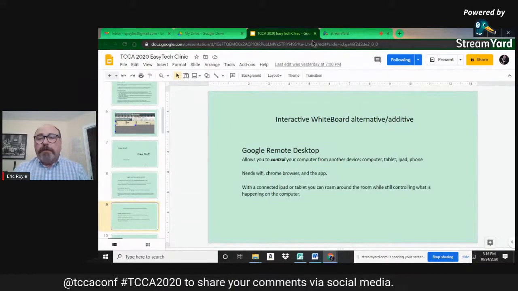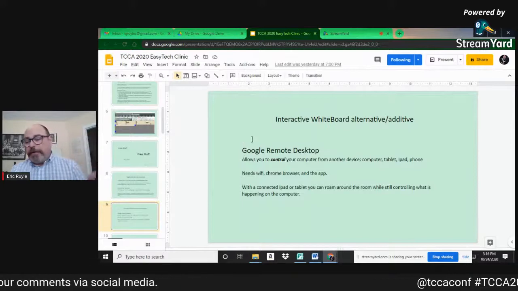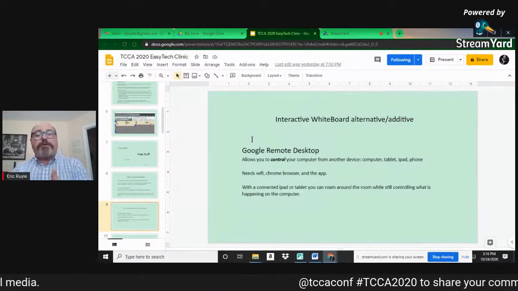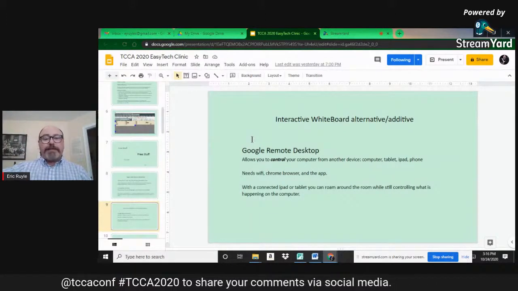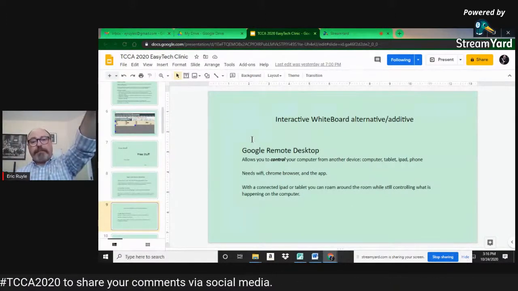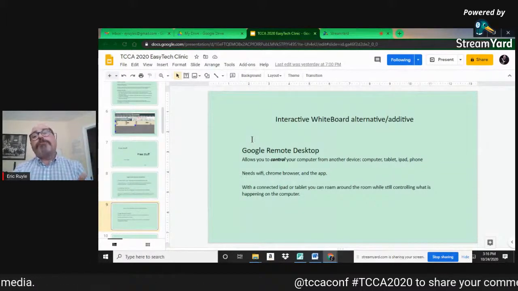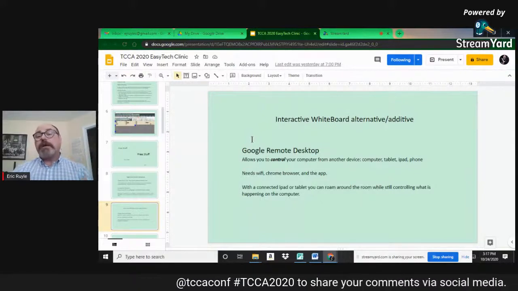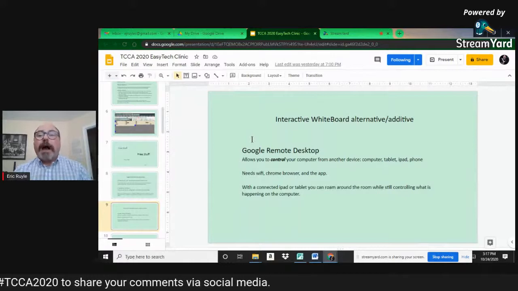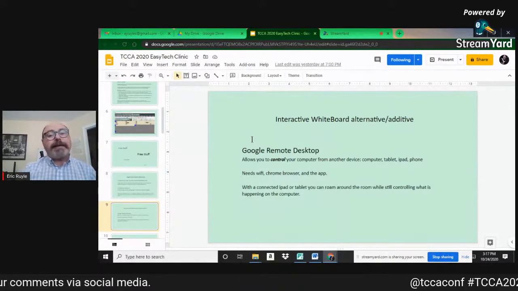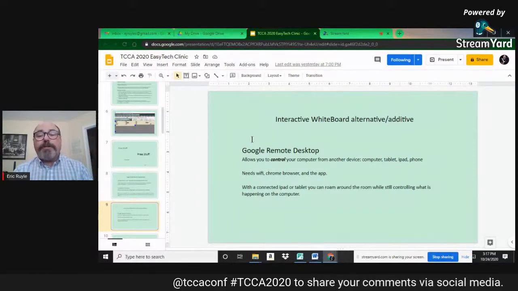So what I used to do is I would project this up on my whiteboard, and I had a little tablet that I walked around, and I would control my computer at my desk, which was actually being projected up on the whiteboard. And I would walk around with this tablet controlling my computer, so I didn't have to be at my desk. So I could do that proximity thing with the kids. The kids that were acting out, I can control my desktop and walk over and stand next to them. So we're doing that proximity to help classroom management.